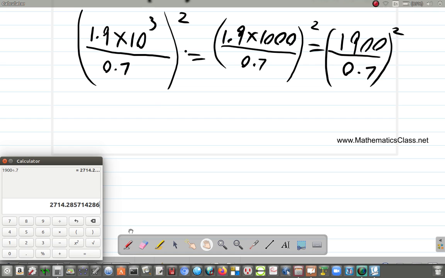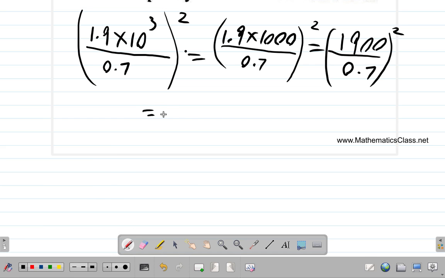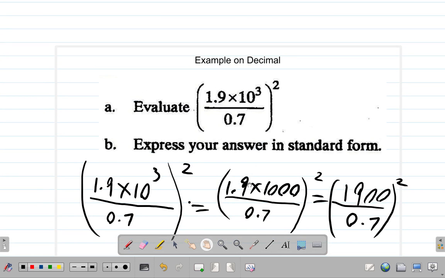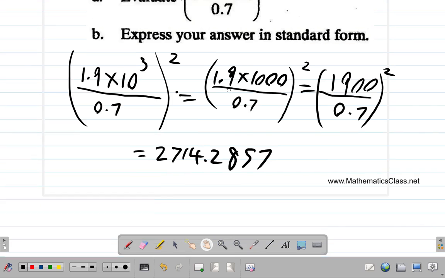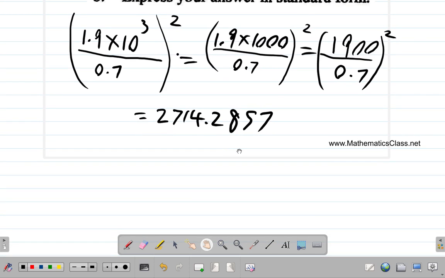2714.2857. So what we have is 2714.2857. Then you are asked to express your answer in standard form. Now this was part A. For part B,